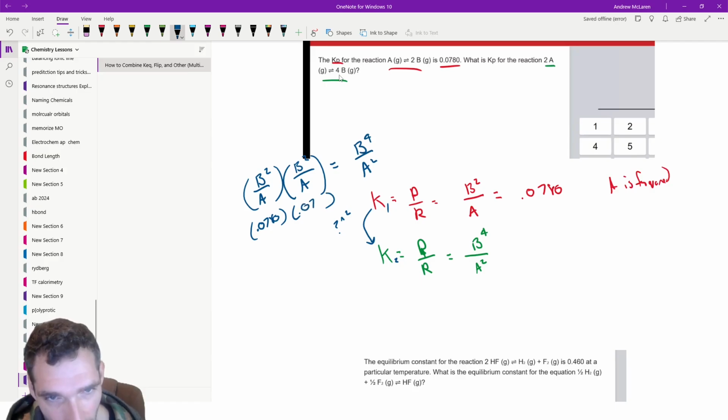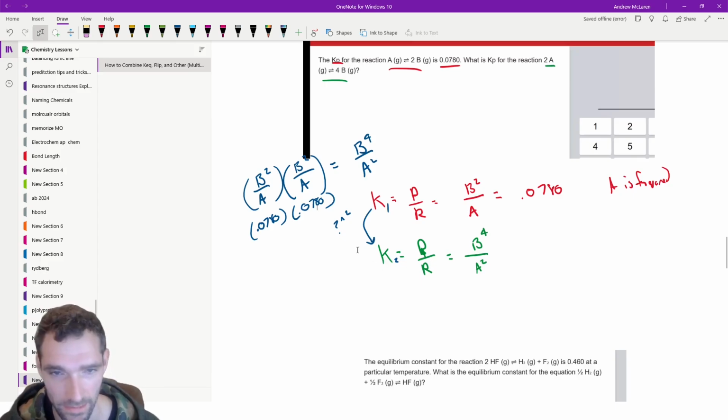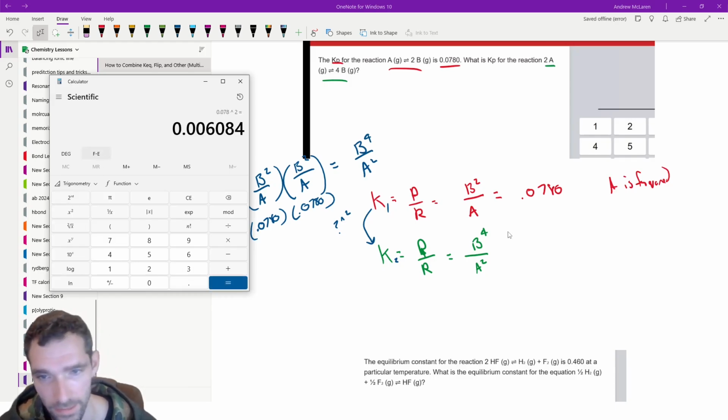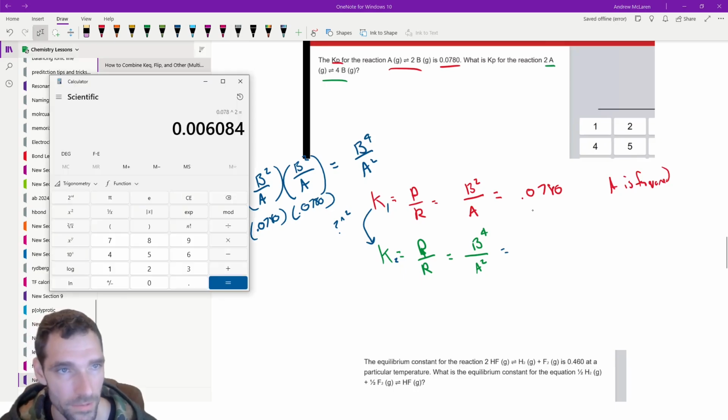That's another way of looking at this with math. So it's just going up to that second power. So if we take the 0.078 and we raise that up to the second power, or just multiply it twice, we get this 0.006 number,